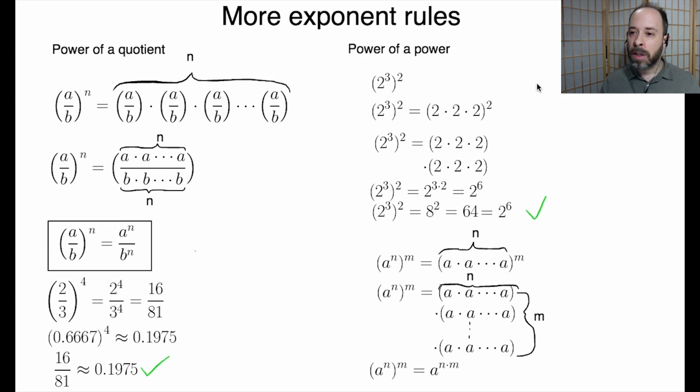Okay, like I said, I wanted to keep this video short. There are more exponent rules than just these, but I'm going to stop it here, and maybe we'll come back and do some more in another video coming up